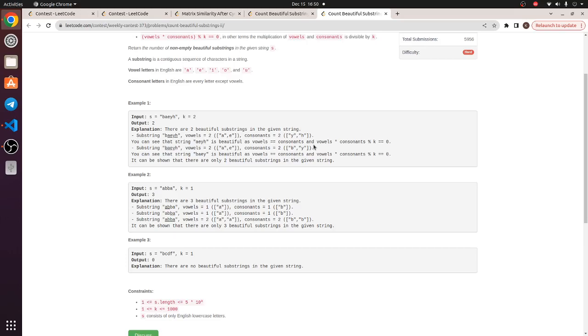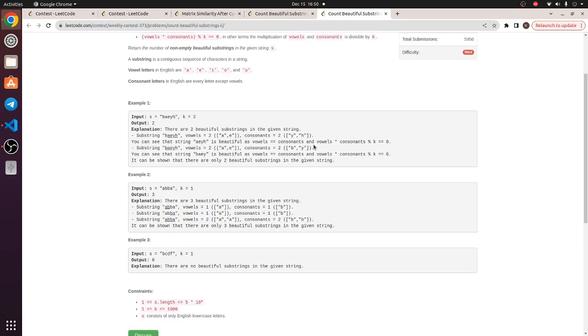Basically I am maintaining a vowel counter and I'm making a consonants counter. So firstly what I'll do is that I will increment till the time I get a condition where my vowels are equal to my consonants. And for example, if I reach the end of it, so for example, if there is a very big string B, B, B, B, A, A, in this case, and K is given to me as 2 or even 1, for now we're just taking K equals to 1, right? So in this case what will happen is that it will keep on incrementing, right? I'll maintain an I pointer and a J pointer. It will keep on incrementing till J